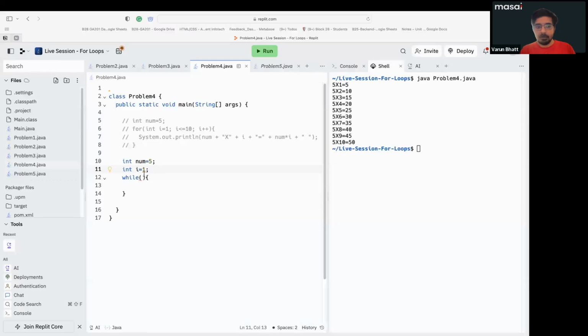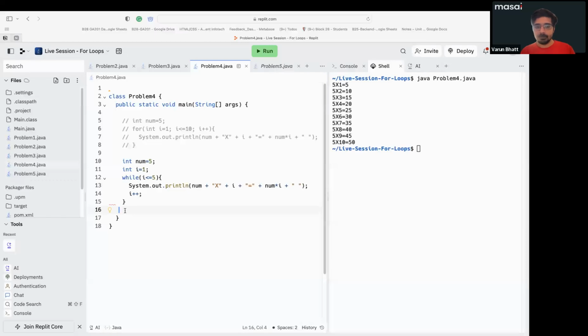अब जब तक मेरा i less than equal to 5 है। 1 is less than equal to 5, 2 is less than equal to 5, till then just run this loop. Now what I'll do is मैं इसको कॉपी कर लेता हूँ, सिस्टम इस वाले स्टेटमेंट। तो num x i equal to num into i, the same thing, बट यहाँ पे बस मुझे i plus plus करना पड़ेगा, because in for loop automatically i plus plus is happening here. तो यहाँ पे ये लूप चलता रहेगा।